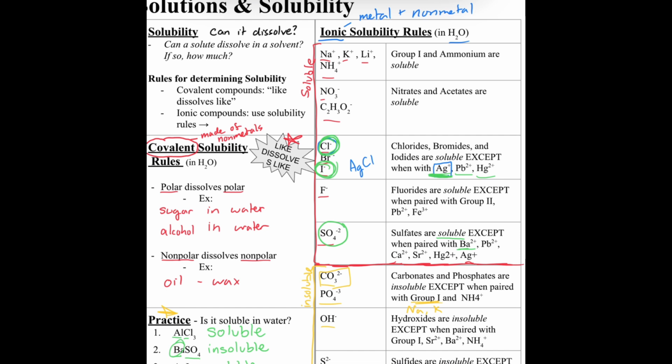All right, last one. We have silver nitrate. I look for silver, I look for nitrate on there. The first one I see is nitrate. Nitrates and acetates are soluble. I do not see any listed exceptions to that rule, so this is going to be a soluble ionic compound. All right, that's how you use the solubility rule table. Now,